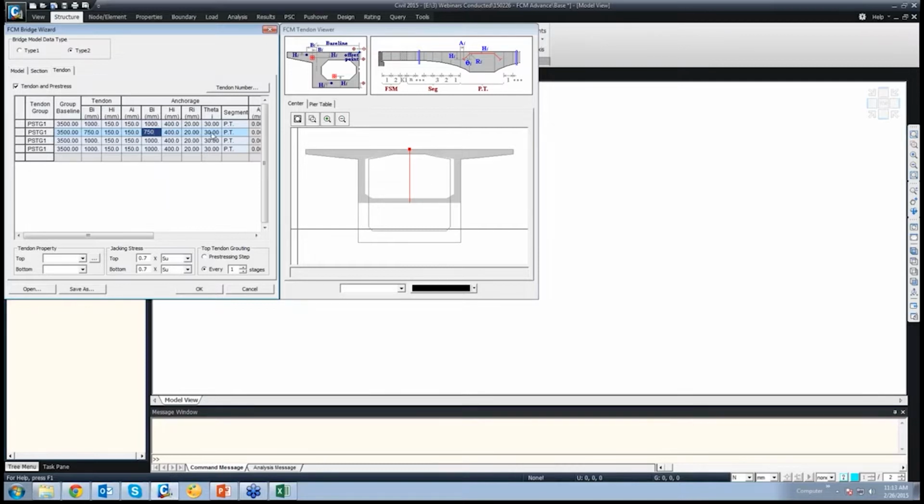R also 20 and theta is 30. So similarly 500, 500, 250 and 250. The select tendon property is 17T15 which was already defined. Let us say OK.